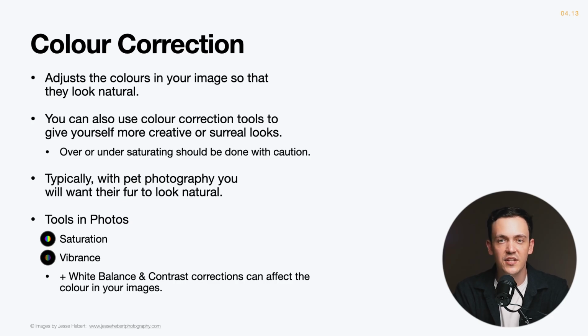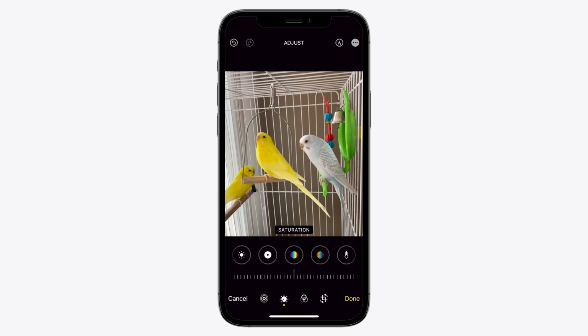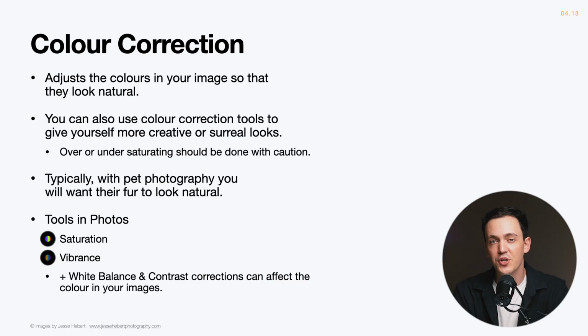The tools in photos that affect our colors are saturation and vibrance. Saturation is going to globally adjust the saturation of the colors in your image. Vibrance, on the other hand, is going to adjust just the colors that appear undersaturated, and it's going to protect the skin tones or the oranges, reds, yellows in your image. It's worth noting that white balance and contrast also play a key role in getting accurate colors out of your